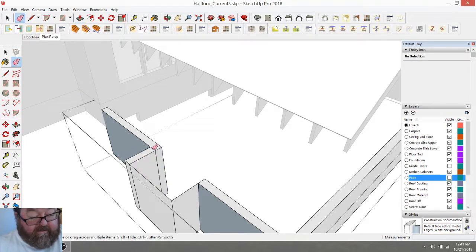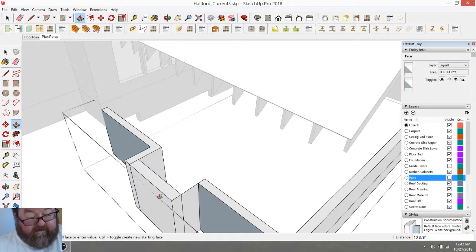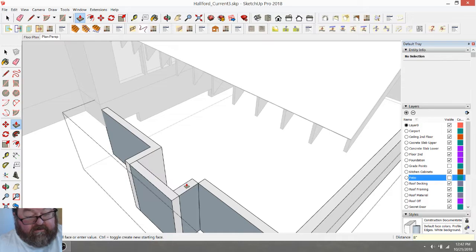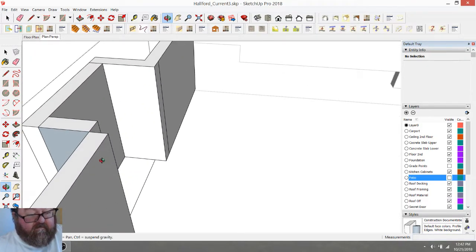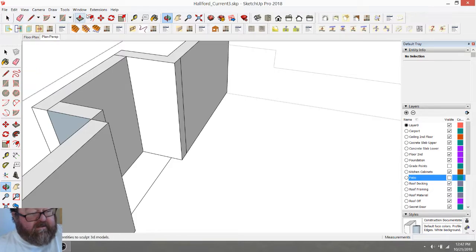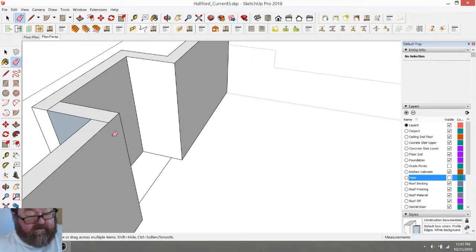And I know anybody that's watching this is like, man, that's messy. It's just messy. What I should have done was just drawn the outline of it. And see, this is what happens when you don't practice good CAD standards, is that you get a mess. And, you know, it takes a while to clean up your mess. But